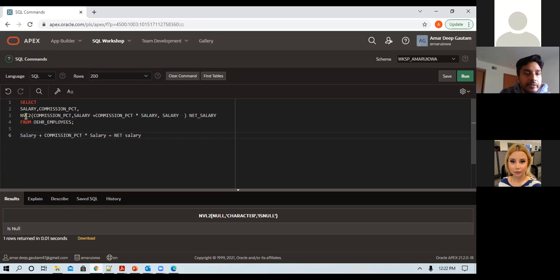If I have to use the NVL2 function, what I'll do is, let's say if commission percentage is not null, then use this as your net salary. If it's null, then use this as your net salary.